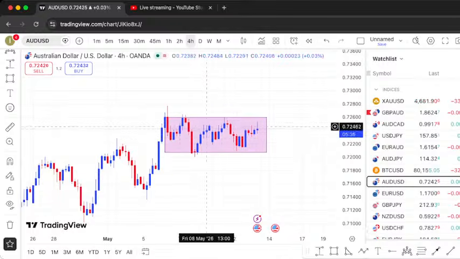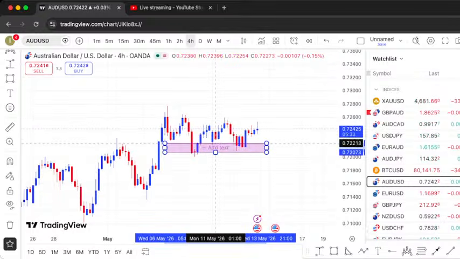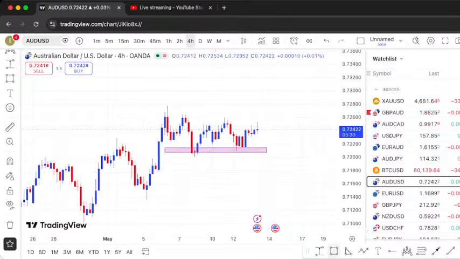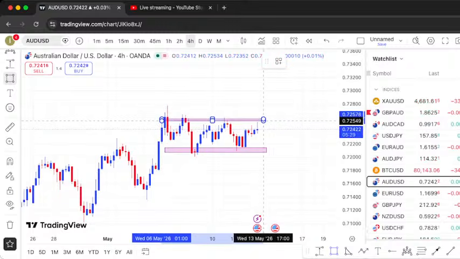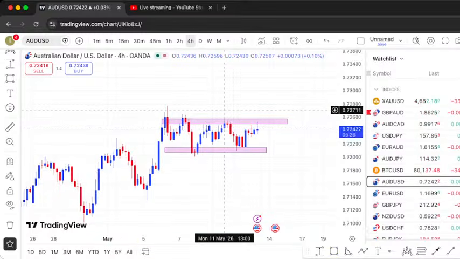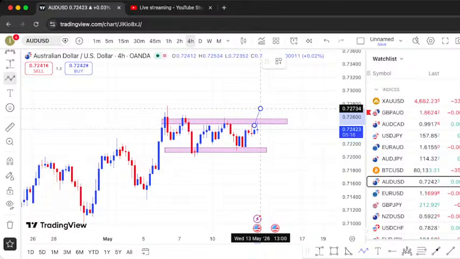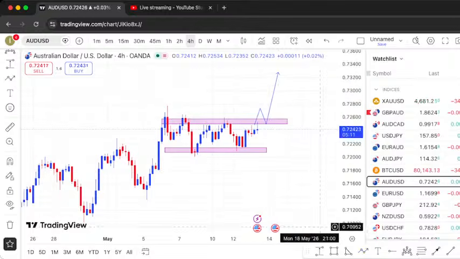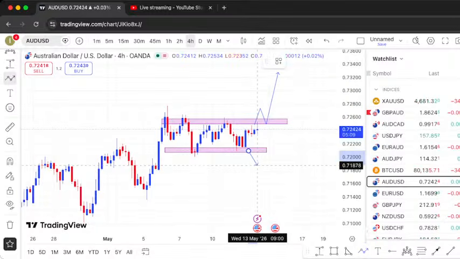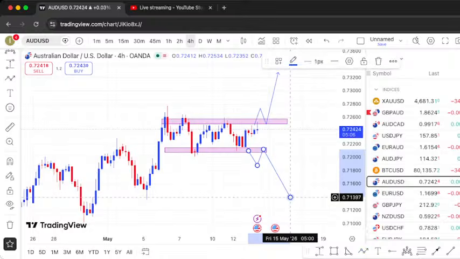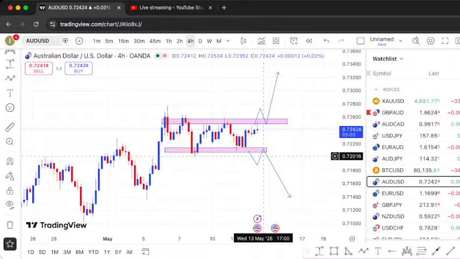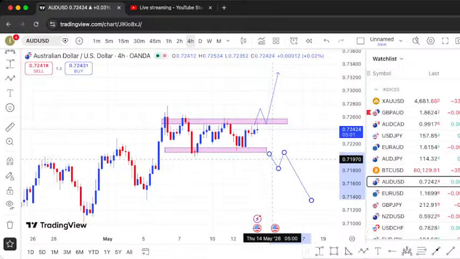So no need but just wait for a breakout either above or below so that you can say we are extremely bullish, or we are bearish. That's the AUD USD on the 4-hour time frame. A nice breakout above so that you can be bullish, or a breakout below for a bearish. So either way, but right now nothing confirmed yet on AUD USD.